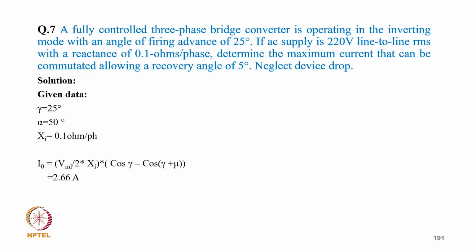Coming to example 7, a three-phase fully controlled bridge converter is operating in inverter mode with angle 25, AC supply 220 volts, with reactance of 0.2 ohm. Determine the maximum current that can be commutated allowing a recovery angle of 5 degree. Neglect the device drop, so gamma is 25, alpha 50, XL 0.1. So putting in the values, I0 equal to Vm1 divided by 2 XL into cos gamma minus cos gamma plus mu,